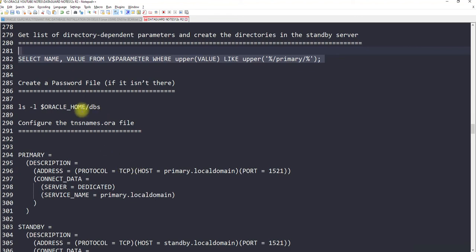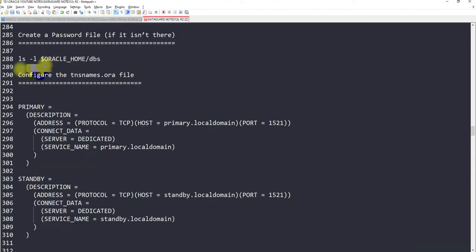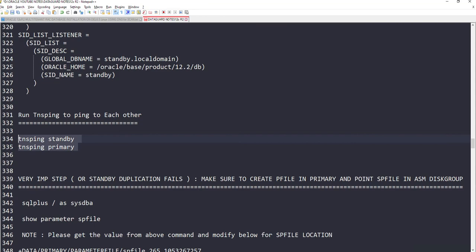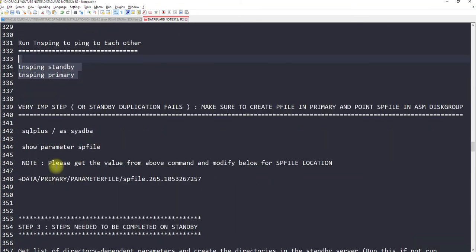Now we have checked if the password file is available. It was available during the database installation. Everything was set up properly. Then we have configured some network related stuff like tnsnames.ora, and the static listener we have created on standby. We have validated using the TNS pings. Now coming to the standby, for the RMAN duplication related stuff, we have created an init parameter file and then made sure that it points to the spfile residing on the disk group.